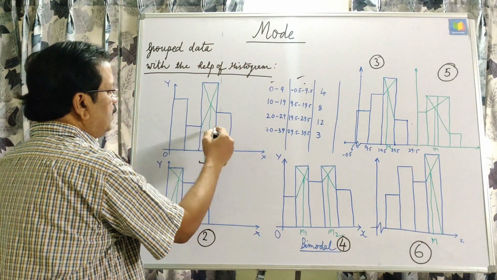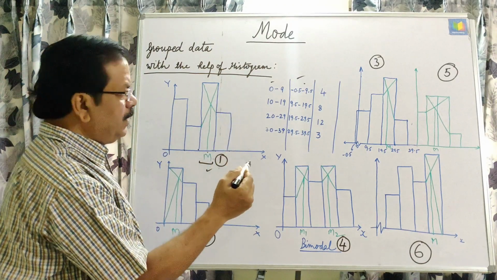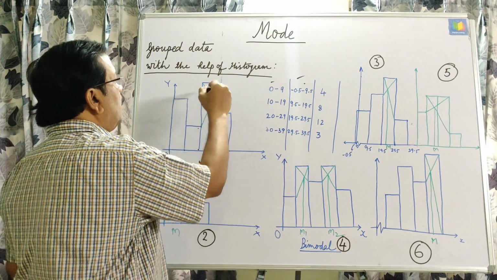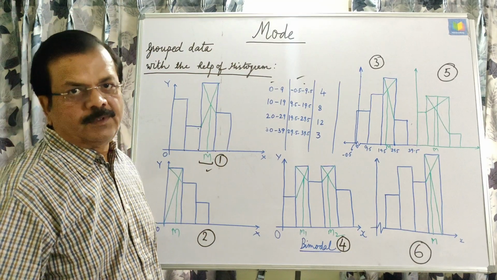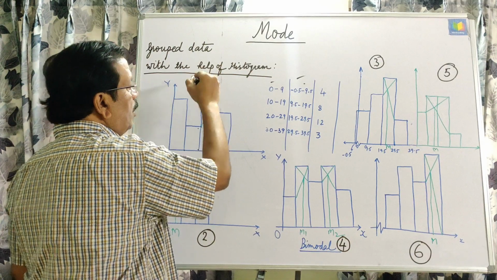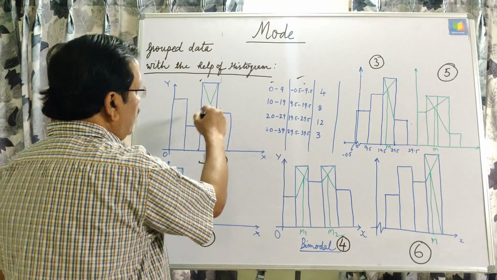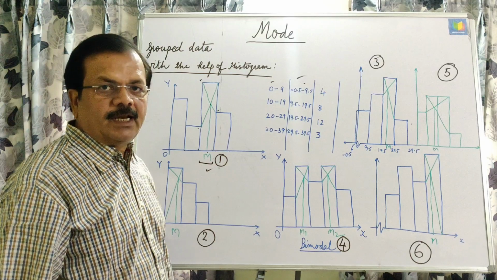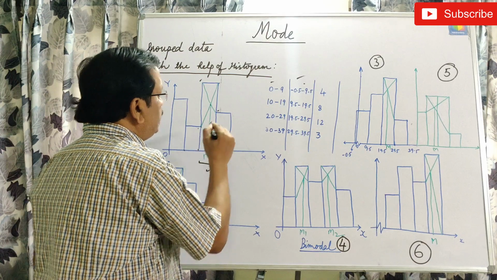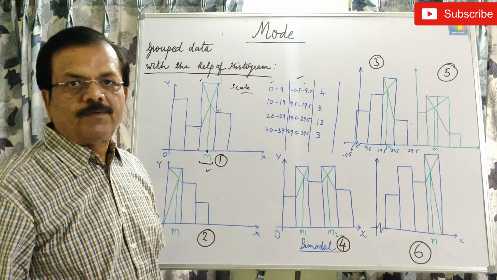After drawing this histogram, we draw 3 lines. The first line should be drawn from the upper limit of the previous block to the upper limit of the maximum block, that is the modal class. The second line should be from the lower limit of the modal class to the lower limit of the next block. After joining, wherever both lines intersect one another, we'll draw a line perpendicular to the x-axis, and then by taking a certain scale we can get the value of the exact mode.